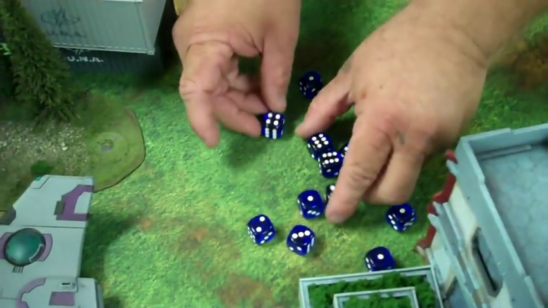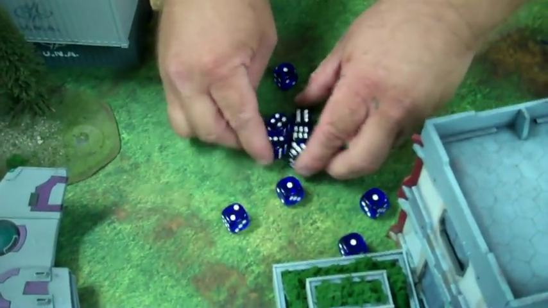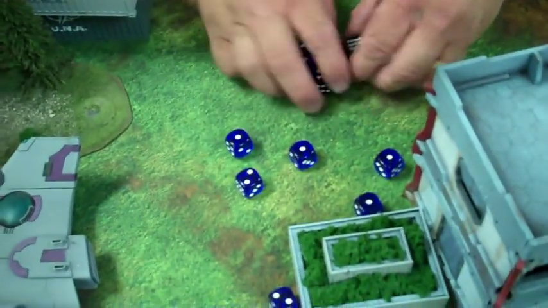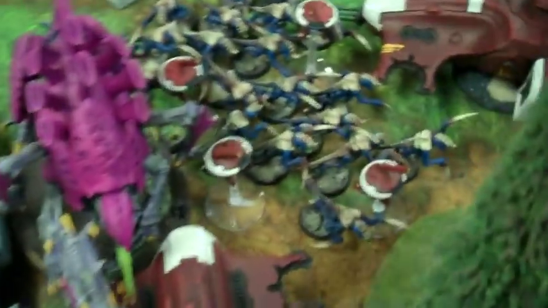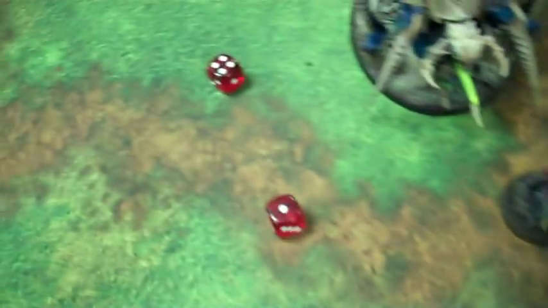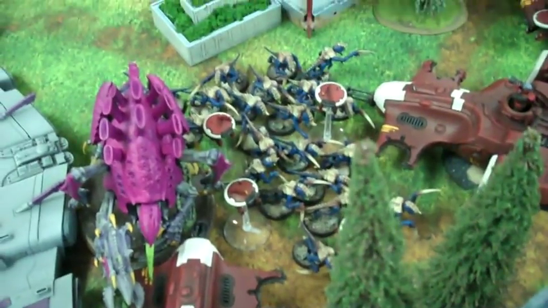Okay, so I hit on 3s. So I'm rooting for the 6 for the hits. Hormagaunts. 6 hits. Okay. 2 wounds. All right. Fantastic. 4 ups on the back unit for that. Here it comes. That's right on the back unit, yep. Okay, got it. 4 ups. Saved 1. 1 dies. Okay, 1's dead. And then on the front unit, I have...